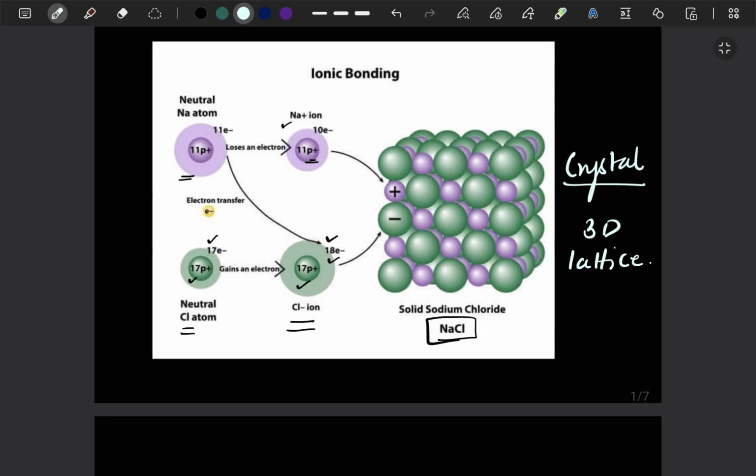So it's not like a covalent bond. In a covalent bond, there is a definite size and number of atoms. Here, in an ionic compound, what's there? There are no molecules. Clear? Here,